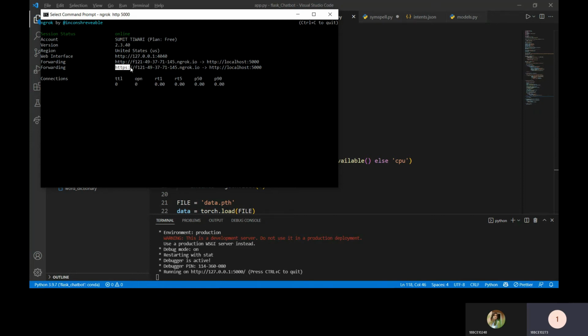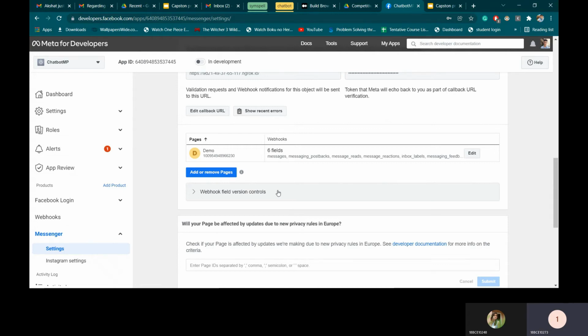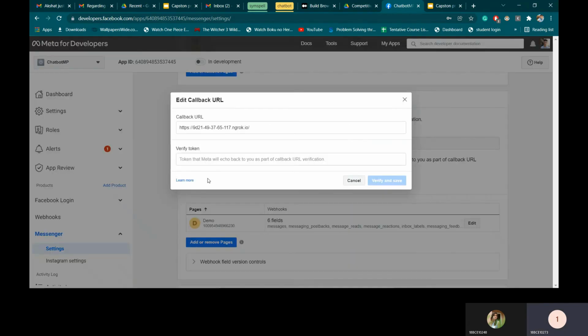So now this is the current address of our server, and we will provide this address to our Facebook developer console so that it will be able to connect with our backend server.